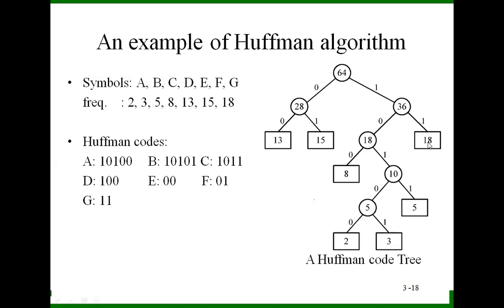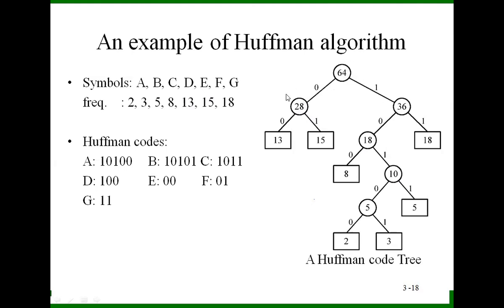Now this one, 18, is another number. So you can combine this one, 36. But here, 13 and 15 are smaller ones compared with 18. So you can merge 13 and 15. You will get 28. So this one is 28. This one is 36. So you can finally combine 28 and 36. You will get 64. So all these things are considered.